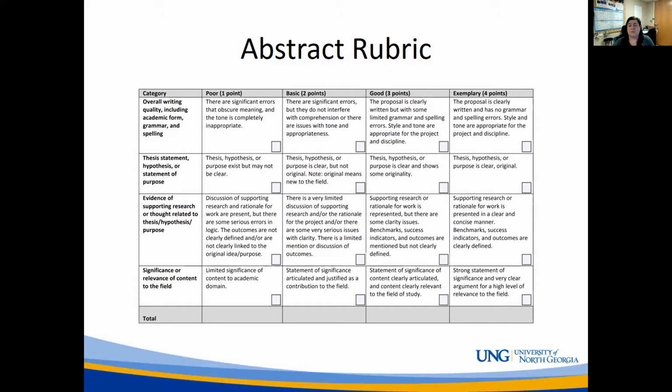So again, looking in the background of the literature and seeing why this matters and why your research matters. And lastly, the significance or relevance of content to the field. How is your research significant? What is it doing differently? What questions is it asking? And so this is where they'll be judging, and based on that, you'll be accepted or potentially accepted pending revisions or rejected. That's that.